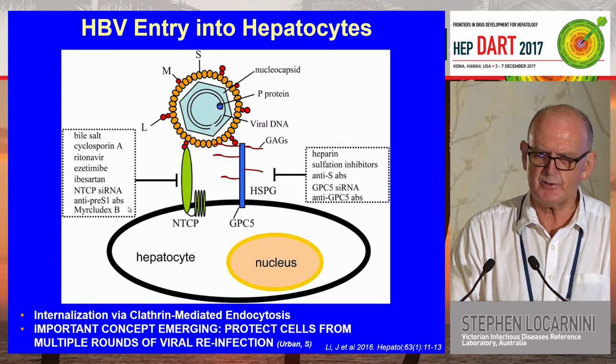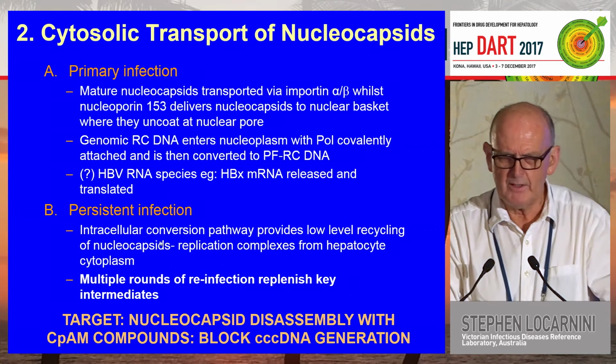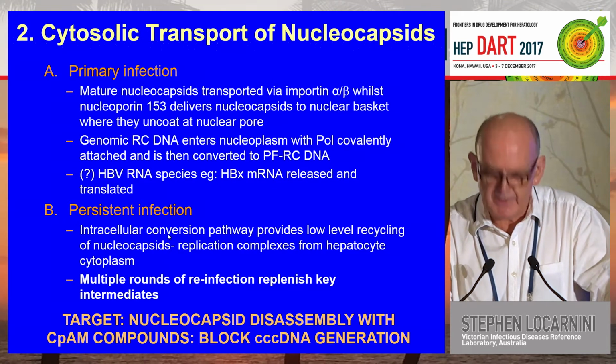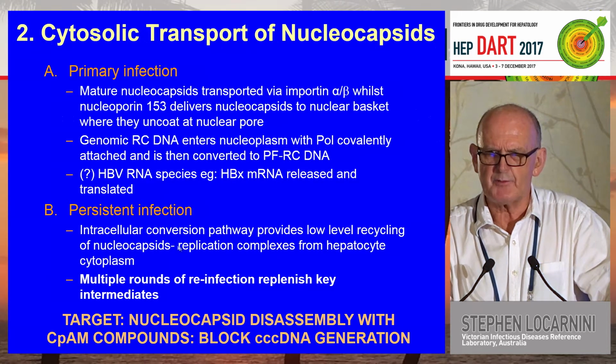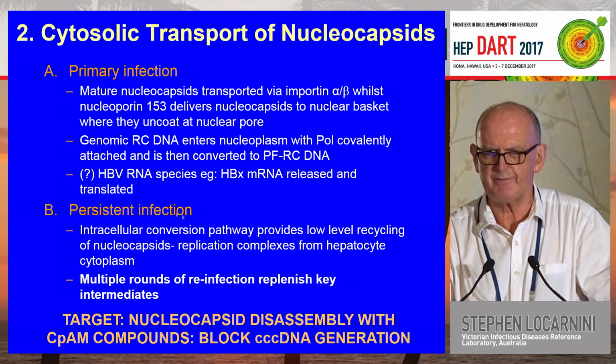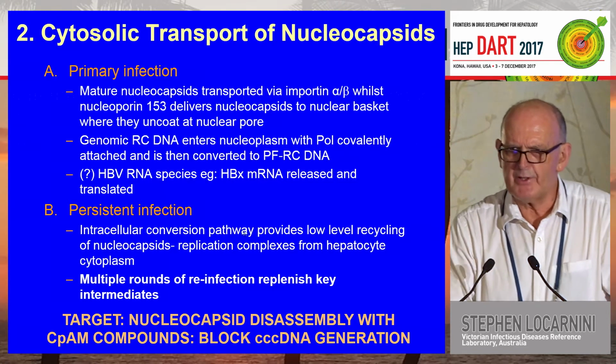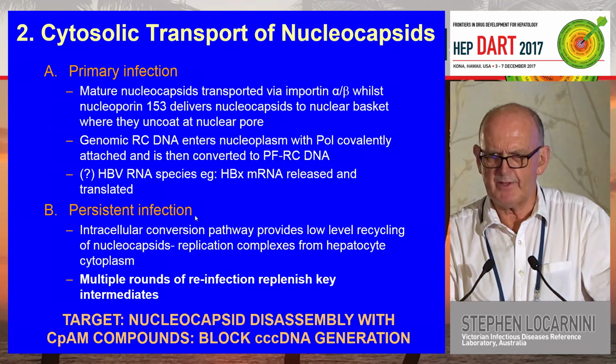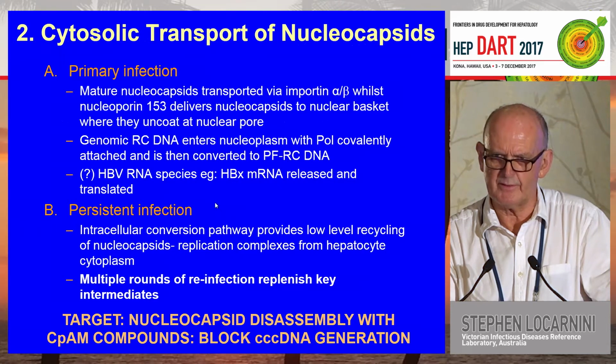And so antibodies to the N-terminal part of pre-S1 are known to block interaction between the pre-S1 and the NTCP receptor. So the second part of the major targets towards control of hepatitis B is the cytosolic transport of the nucleocapsids. We know that in primary infection, mature nucleocapsids are transported via the importin alpha and beta proteins, and the nuclear protein 153 delivers these nucleocapsids to the nuclear basket where they uncoat and they enter the nucleus through the